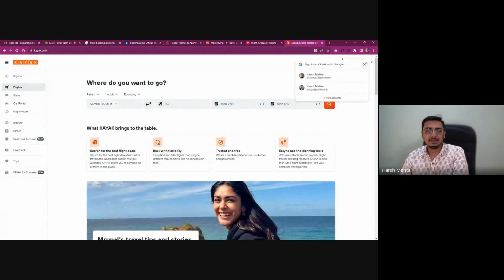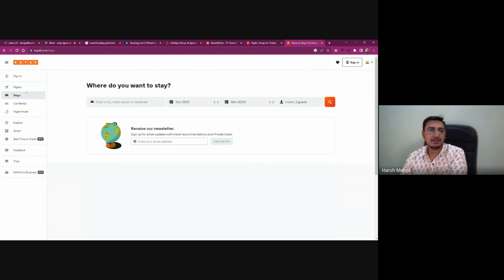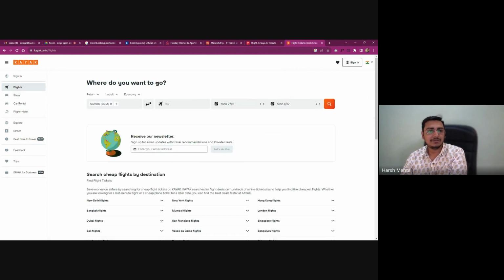This is nice because they have clearly differentiated that I'm on flights. Where do you want to go? This copy tells me that this is about some travel, some flights, and not for stays. Because when I say stays, they have smartly changed it to where do you want to stay. So this is a good thing that they have differentiated using a